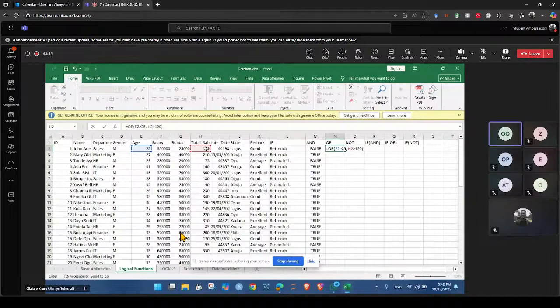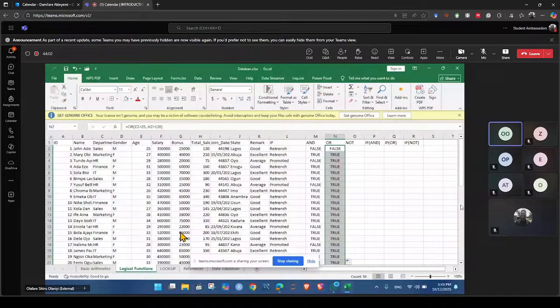Enter. Now you see that I'm still having false. Why am I having false? Because the two conditions here are not even met, and none of the conditions is being met here. But let's do the autofilling and see the rest of the answers. Now you see that almost all the remaining answers are true. Why? Because